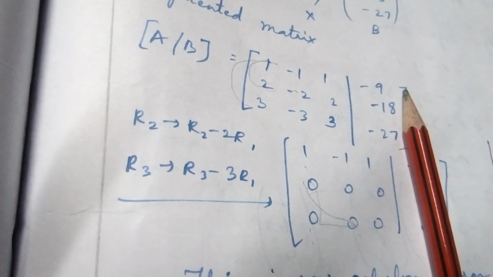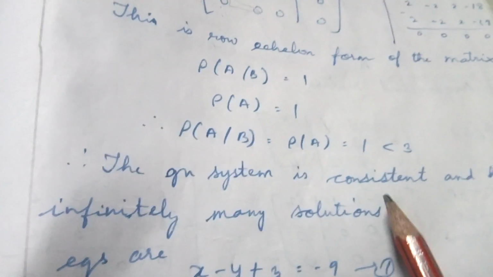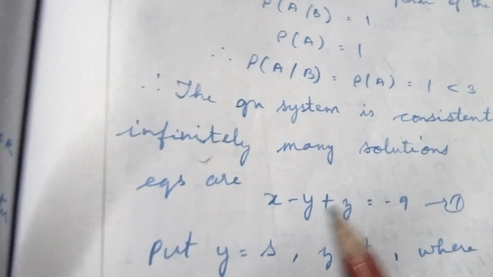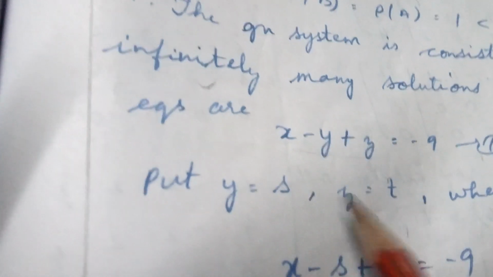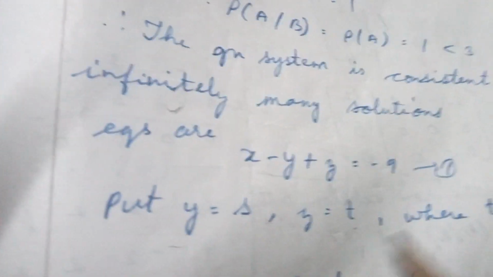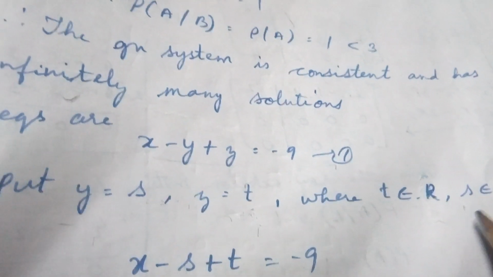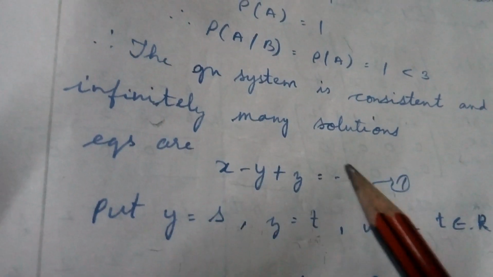Then close this. If it is closed, it will be the A matrix only. What is the rank of A? 1. See here 1 1 means same condition, consistent, infinitely many solutions. From this matrix we have to write the equation. You get one equation but 3 variables, so we have to consider two letters equal to some arbitrary constants, y equal to s and z equal to t. These two letters are taken from real numbers. Real numbers means we can take -1, -2, -3, 0, 1, 2, 3, etc. It's going on. So many values you can substitute. Then only we say infinitely many solutions.